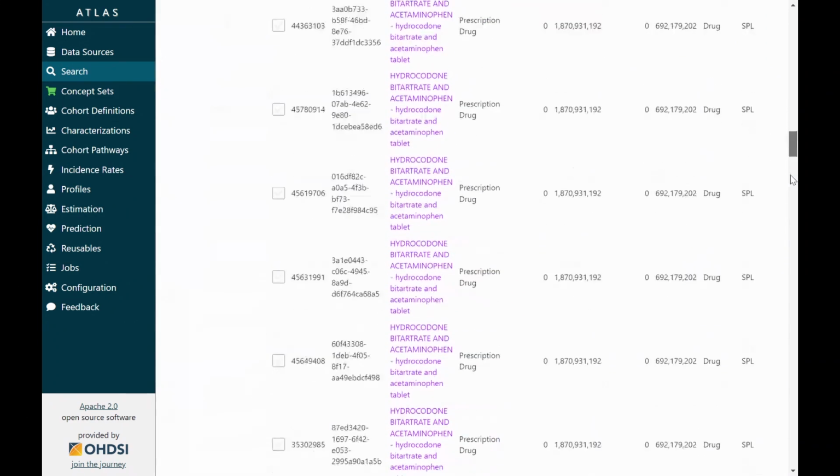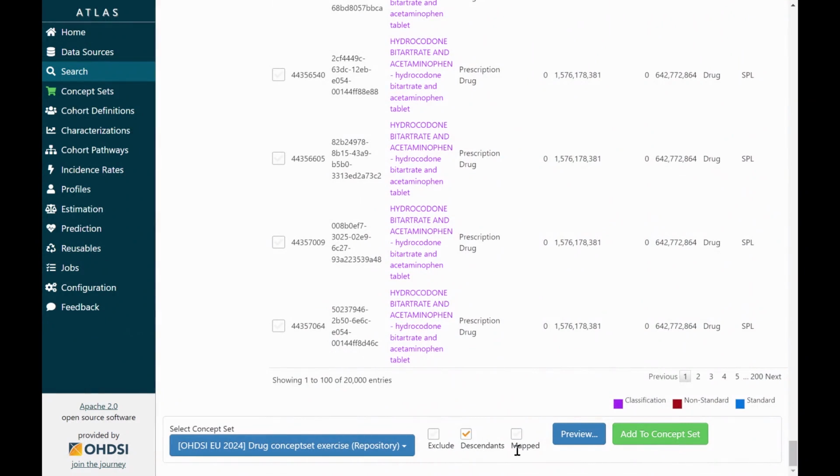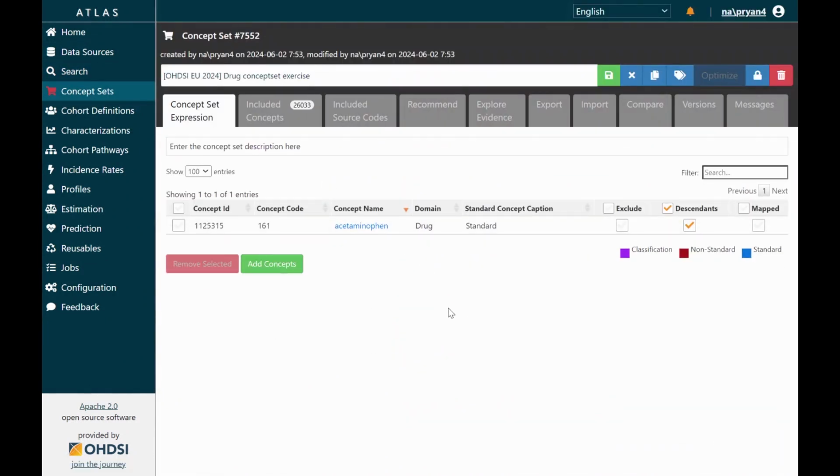We see acetaminophen right there. I'm just gonna add acetaminophen plus the descendants to the concept set. That's all you need to do. If you know an ingredient, you just basically find the ingredient, find that it's a standard, in this case in RxNorm, plus descendants. You'll see that you now have a very succinct concept set expression, acetaminophen plus descendants, but